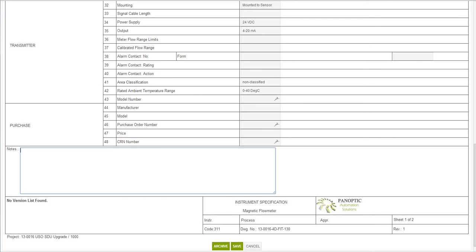Once you're done and you're ready to issue the data sheet, say we want to do Rev A and we're going to issue it for quotation, you select archive, and I won't do it because this is a live data sheet, but we select archive, you put in the revision number, the date, and the description: issued for purchase, or issued for quote, or issued for information. Then you can go up and print the data sheet,